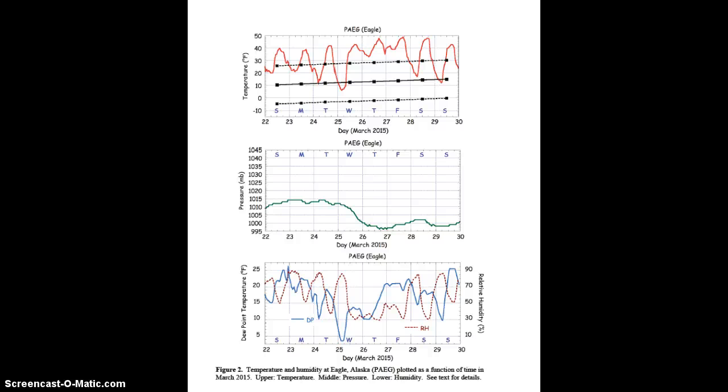For the month of March, the temperatures were mostly above average. Starting off on the 22nd at about 24 degrees in the morning, cooling off or about staying the same, and then the temperature rises throughout the day and falls into the night. Rises throughout the day and falls throughout the night, and that's the curvature of the temperature throughout the week.